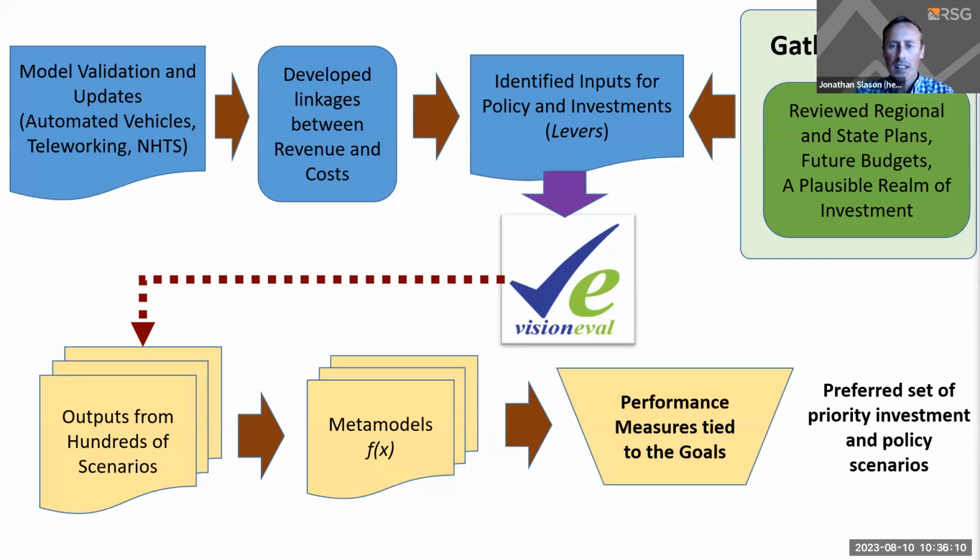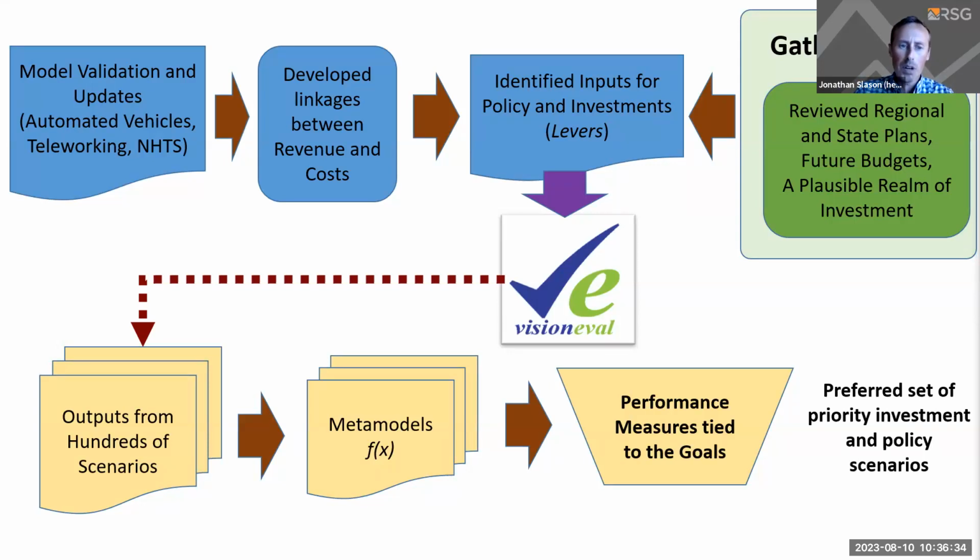files. We ran the EMAT interface in Vision Eval to produce hundreds of scenarios. And within those hundreds of scenarios, we then allowed the exploratory modeling machine learning framework to develop meta models. And so these are models of models. And once we ran the meta models, we could then change any of the inputs